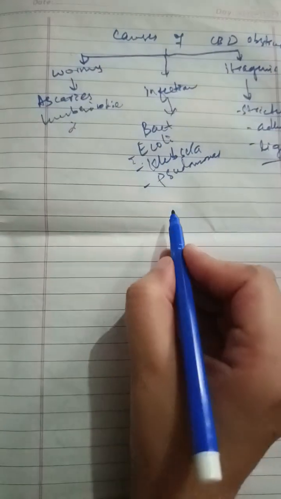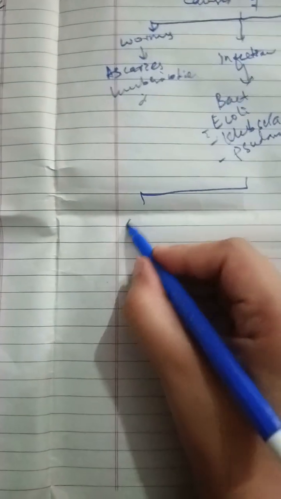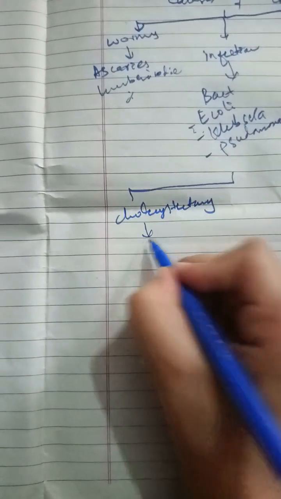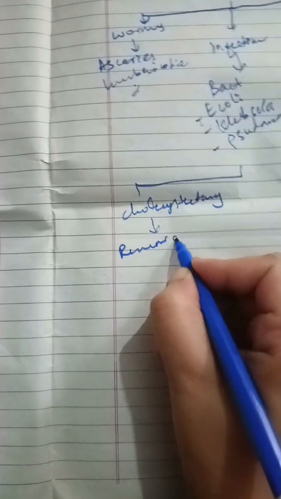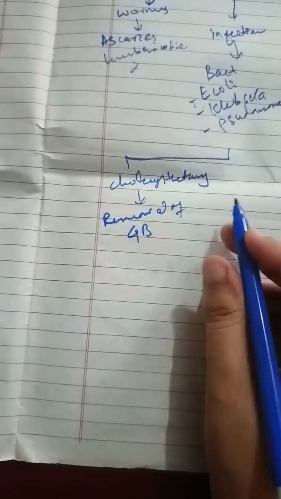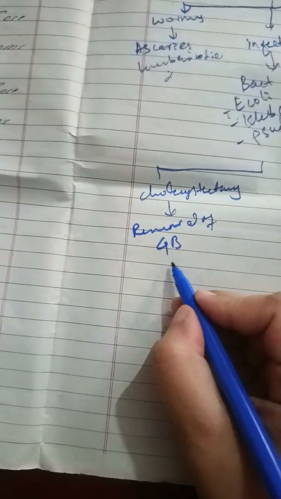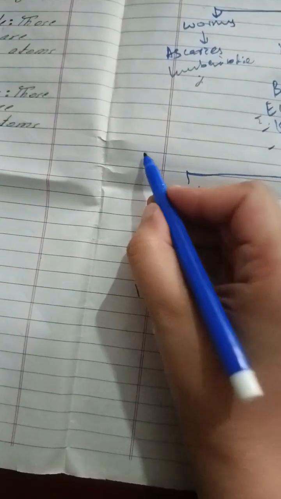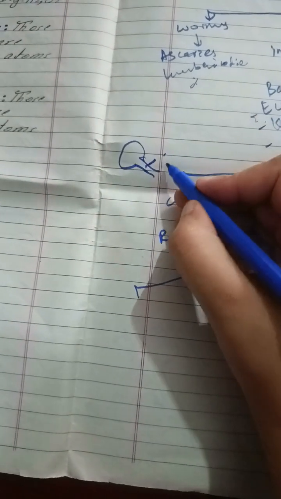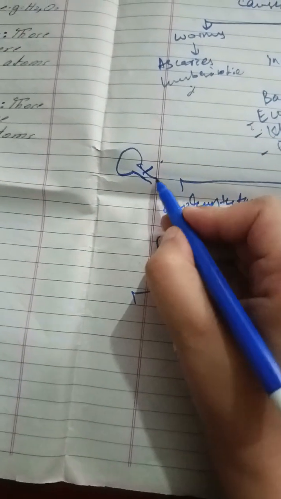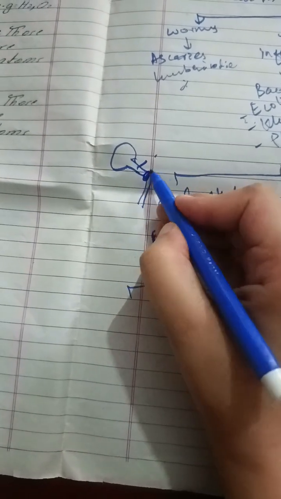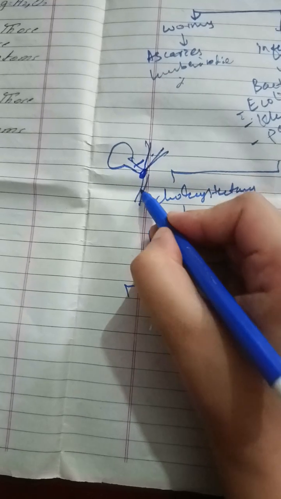Now, understanding the terms like cholecystectomy. What is cholecystectomy? It is basically the removal of the gallbladder. When we remove the gallbladder along with the stone, it is called cholecystectomy. In the cholecystectomy, the doctor removes the gallbladder, but the cystic duct remains, and the doctor ligates this cystic duct. Sometimes the doctor mistakenly ligates the common bile duct.